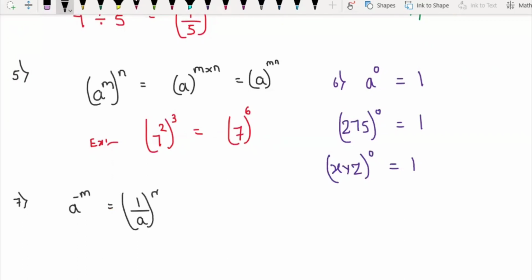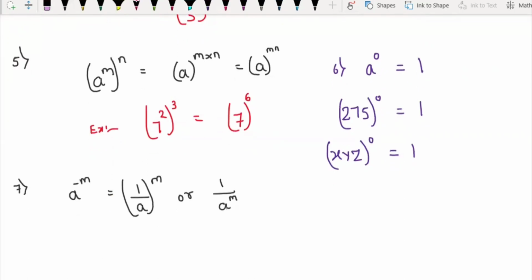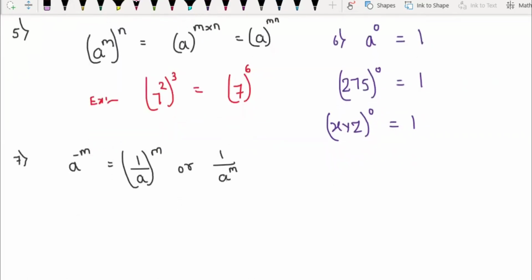You can write it that way, or you can write 1 by a to the power of m. Makes a little bit of sense. If your numerator is 1, at that moment only you can write whole to the power of m. If your numerator is not 1, then you need to write the second way, that is 1 by a to the power of m. Like for example,